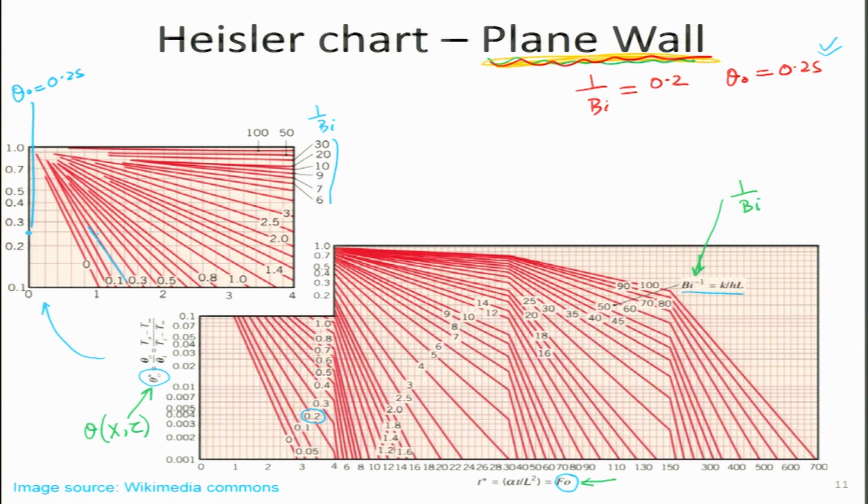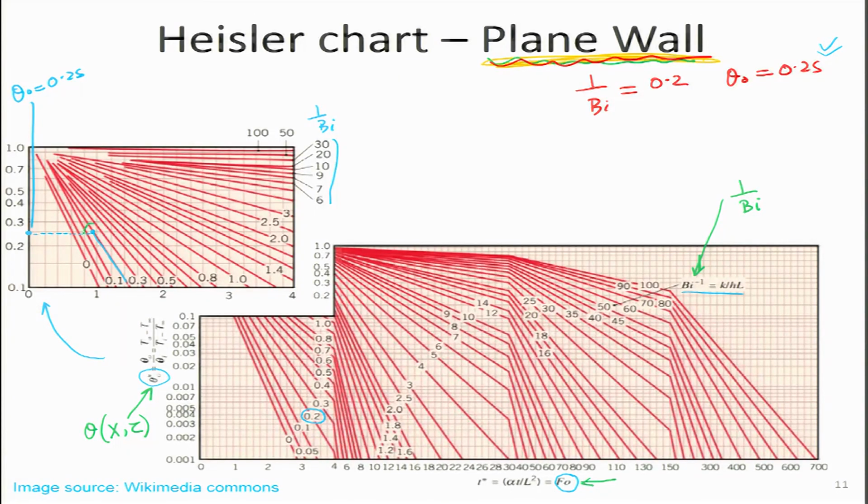We have to stop for a little while. Let me stop it here. Why will we stop at this point? Because this is the point at which my theta naught is the value that I was looking for. Are you getting the point? In the particular chart or figure, we are just looking for a particular value, and wherever they intersect, that value we will note down. I think this is very straightforward.